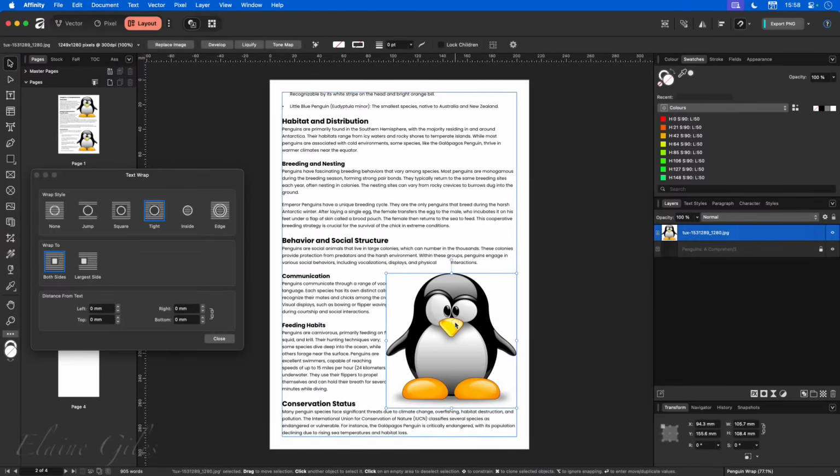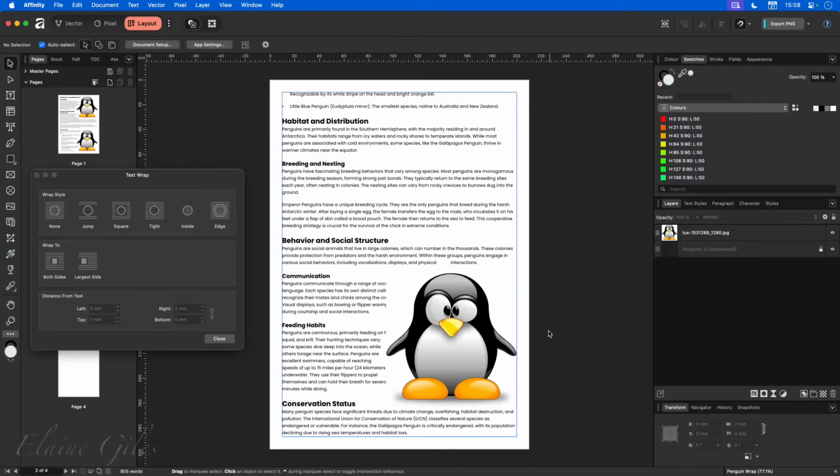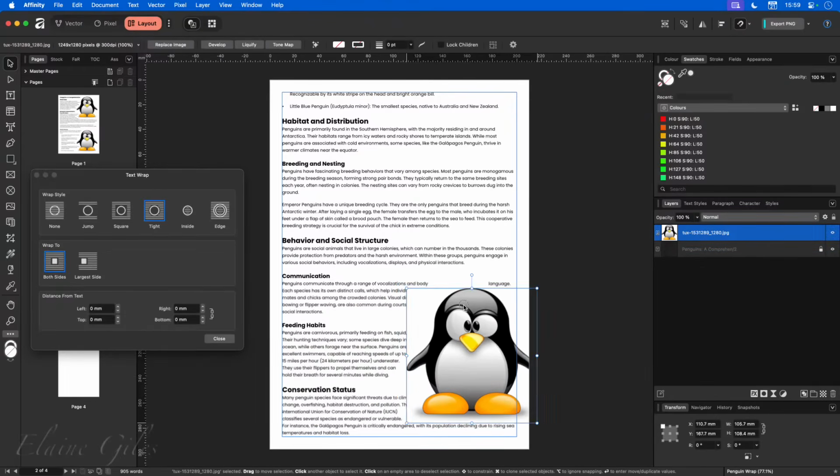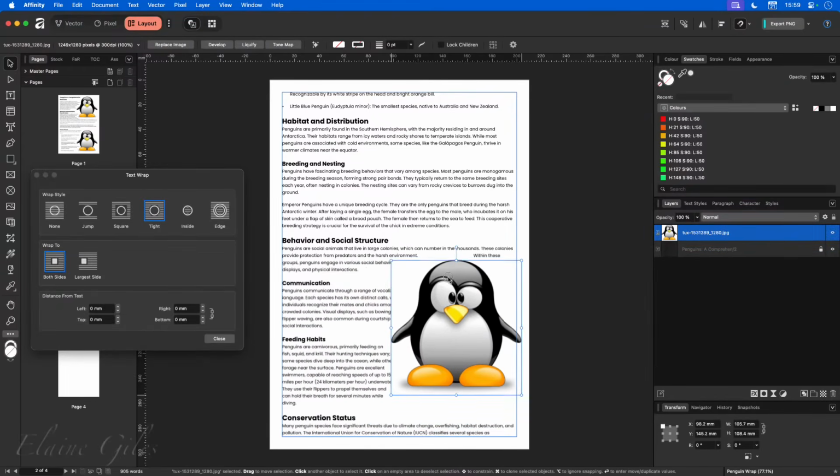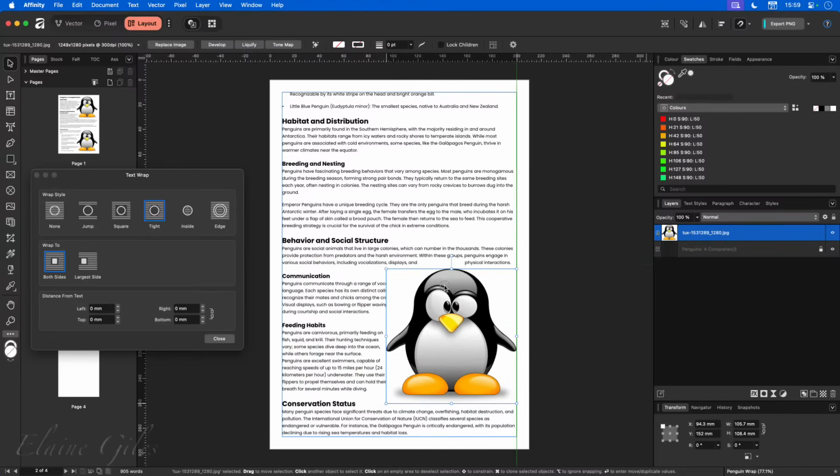Excellent. Now, let's click back on him. He does have a wrap style on him. He is at the moment wrapping to both sides with no distance from the text, which doesn't explain why the text is still going behind him, which it is. If we move this, you can see that it is going behind him. What's going on there? Well, we've changed the wrap and the text is wrapping to the wrap that we have